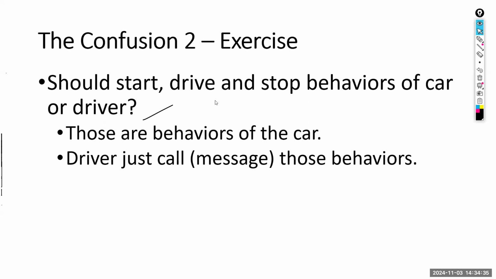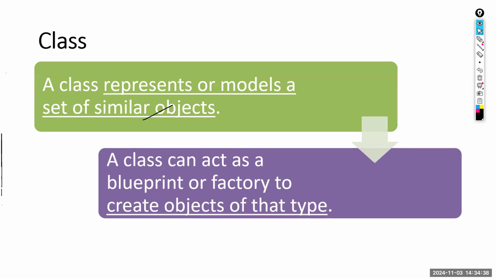Right. So what is the definition of a class? A class represents or models a set of similar objects, or all those similar objects. If there are millions of similar objects, all those millions of objects are represented by that particular class. To represent all the account objects, you have the account class. To represent all the payment objects, you have the payment class. To represent all the student objects, you have one student class.